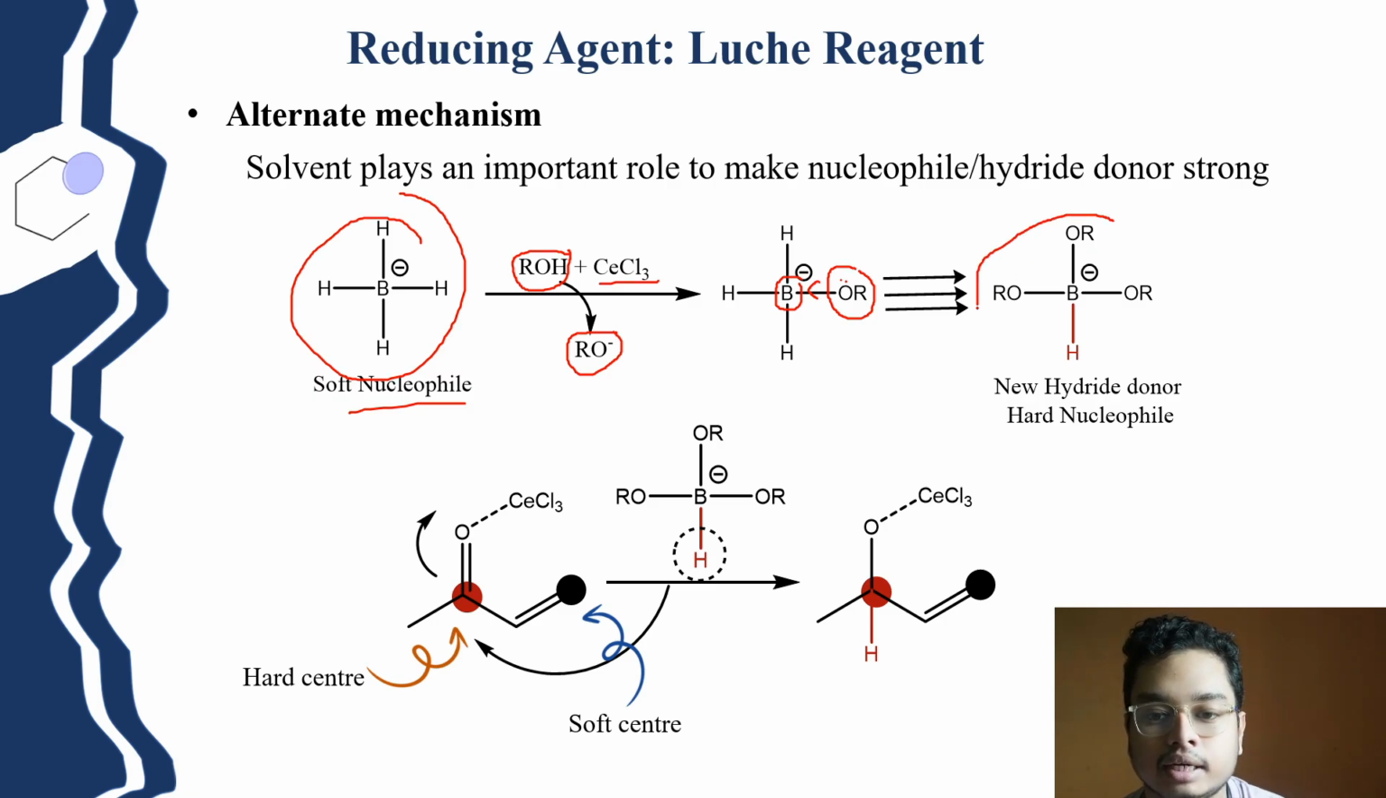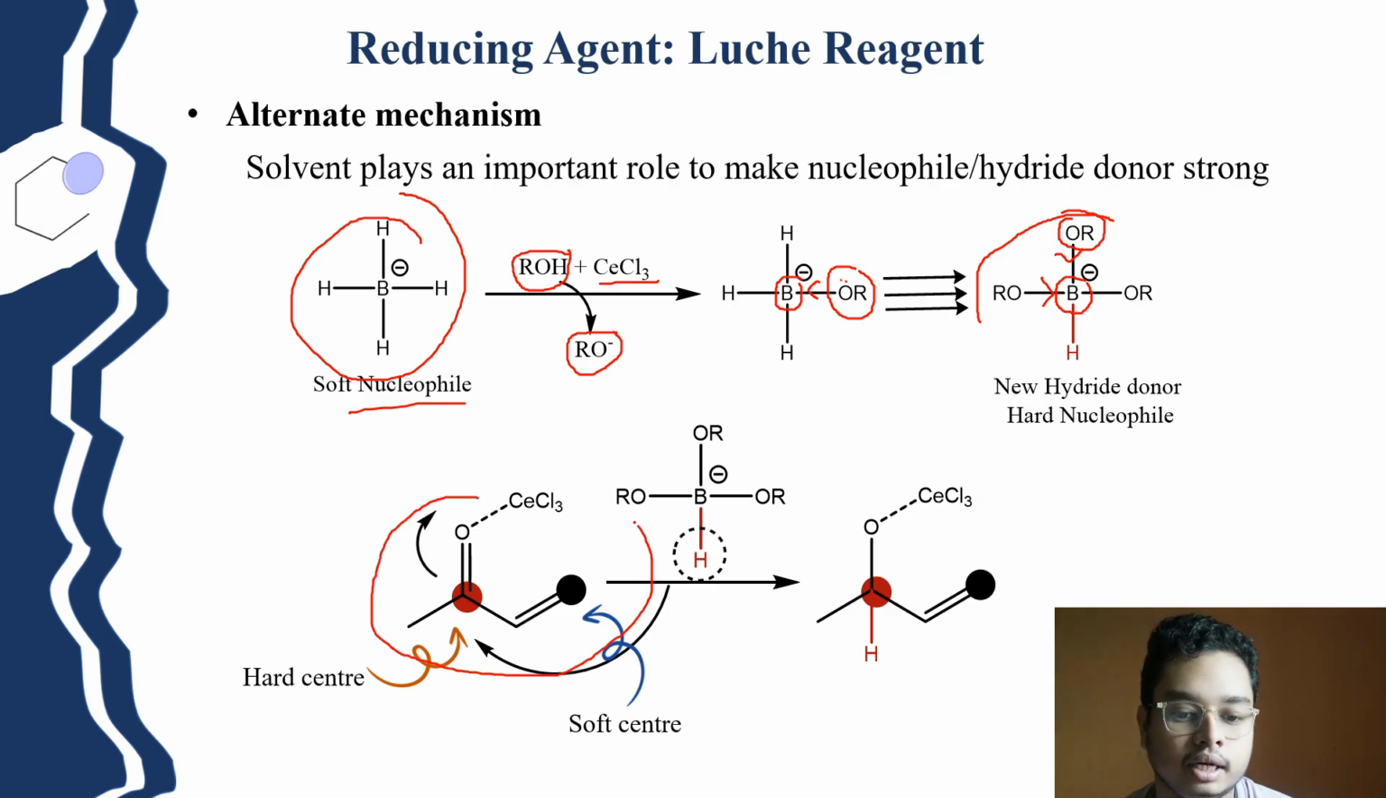Like here you can see that all the H has been replaced by OR, and since it is an electron donating group, it will donate electron density. So the electron density in the boron center becomes much higher, and that's why it has become a hard nucleophile because of the large charge separation. And that's why, when it combines with this alpha beta unsaturated carbonyl component combined